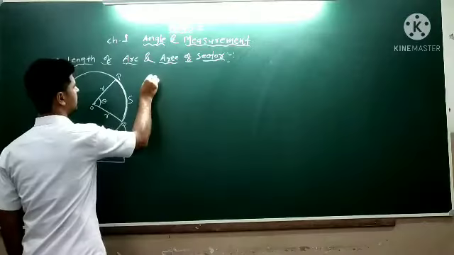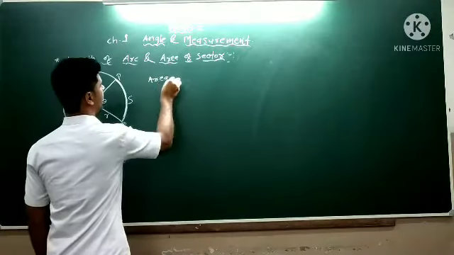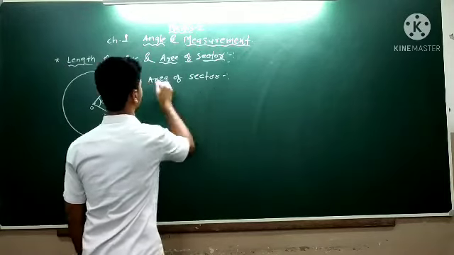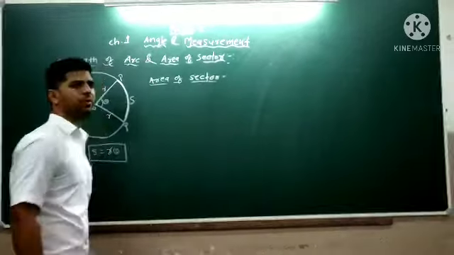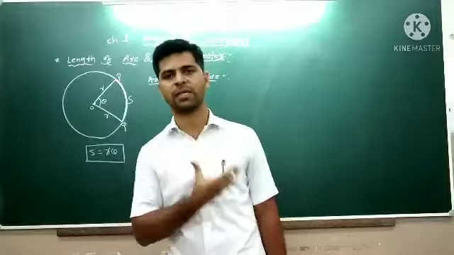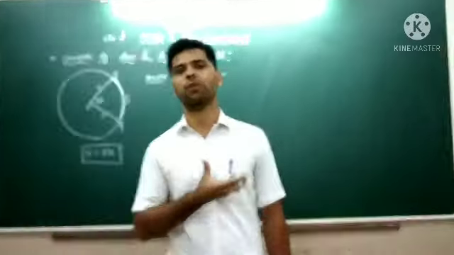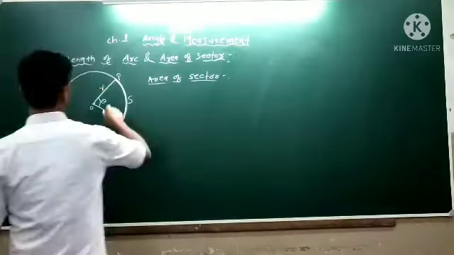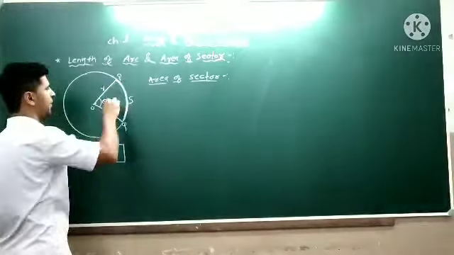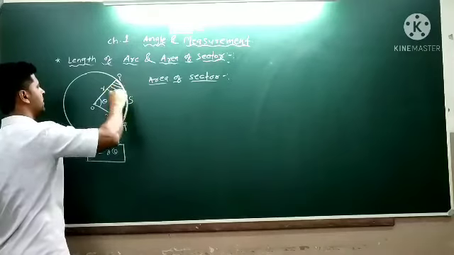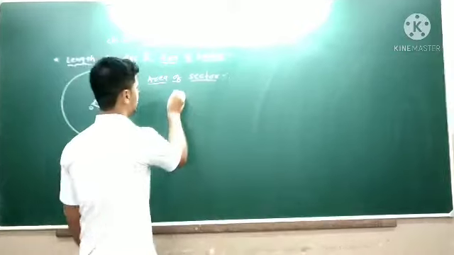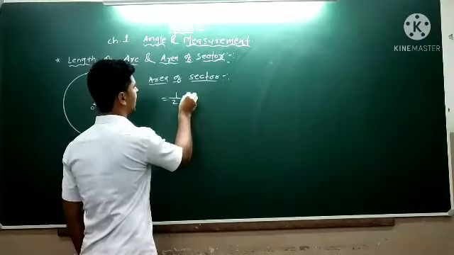Then the next formula is area of sector. Now what is this? Which area of sector we have to find? See, sector is the part, some part of that circle we have to find, some area of some part of the circle. So the area covered by both the radius inside this circle, that area we have to find. So this much area is covered. This is called sector, and its formula is 1 by 2 r square theta.